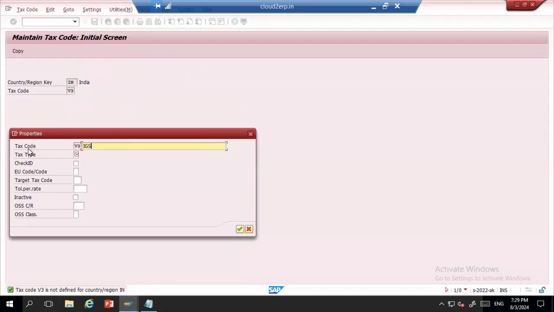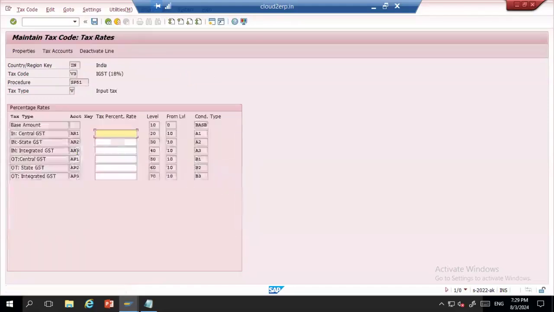Let me create IGST for 18%. Okay, it is also going to be an input tax. So for IGST, I directly enter 18% here.